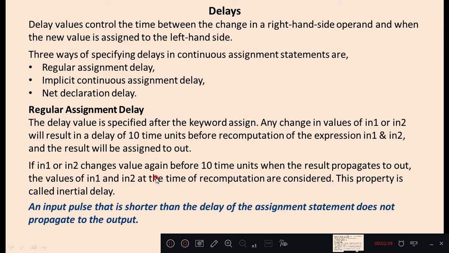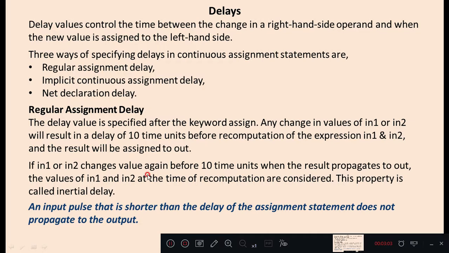So what if in1 and in2 values change before 10 time units? Initially when in1 or in2 value has changed, if you consider that as a starting point, before you complete that 10 time units, again the values of in1 and in2 are changing in the expression.